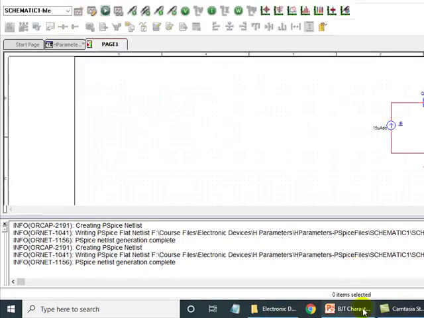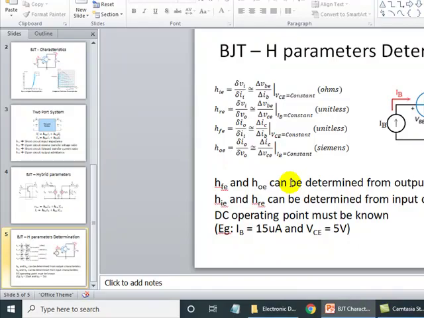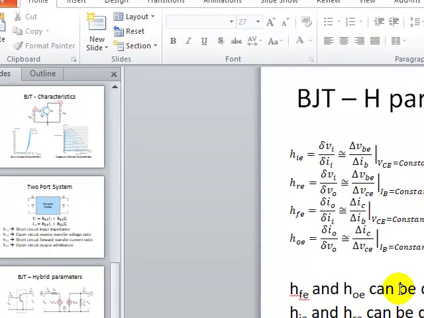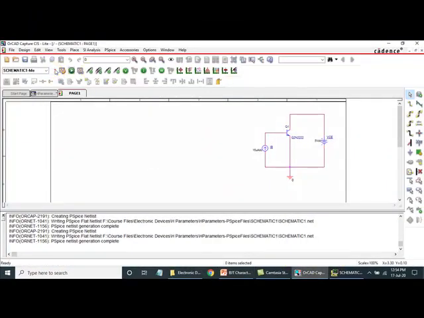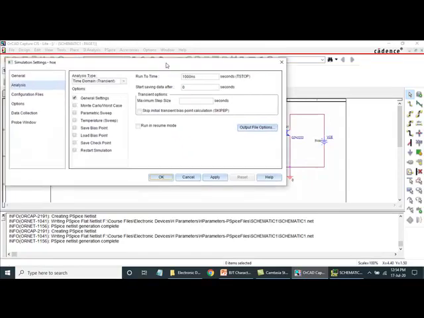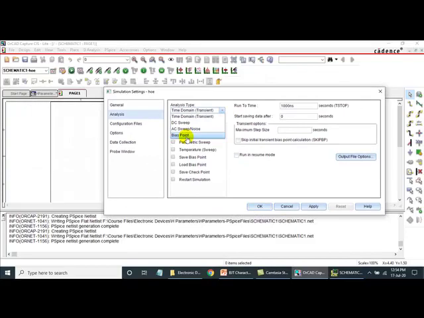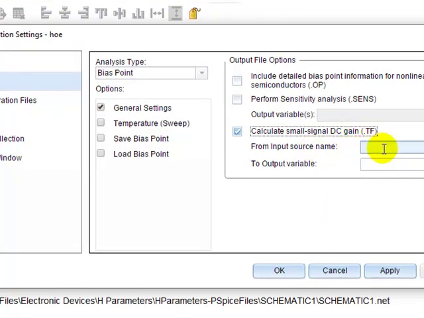I'll close this. Last parameter is HOE. We can calculate HOE as delta IC by delta VCE. So I'll have to change VCE and note down change in IC. So I'll create a new simulation profile, HOE. I'll select bias point, enable calculate small signal DC gain or transfer function.